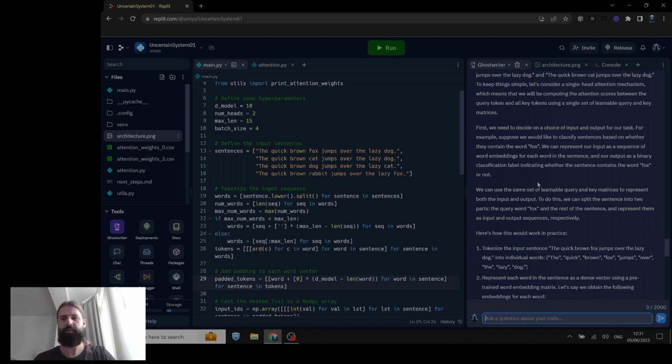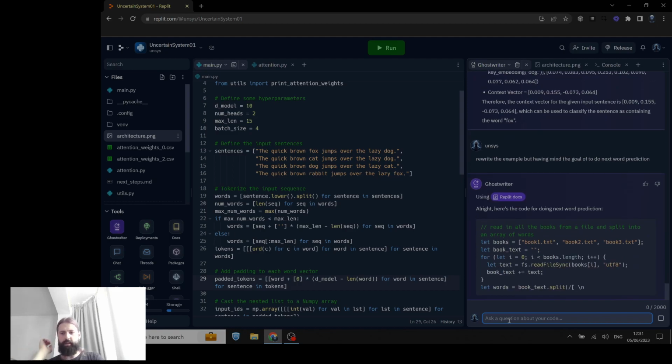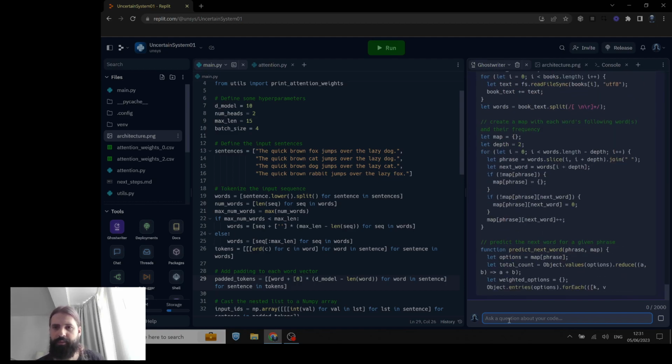No, okay, so that's not what we're doing. That's the problem. So, rewrite with the example, but having in mind the goal is to do next word prediction. Because that's what I'm thinking, a lot of these things are just basically